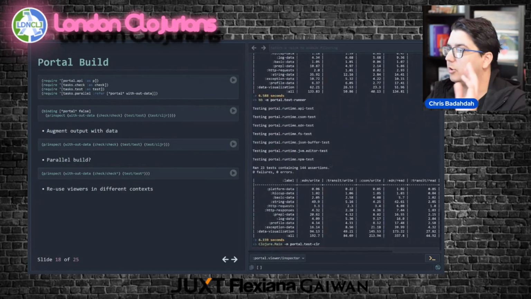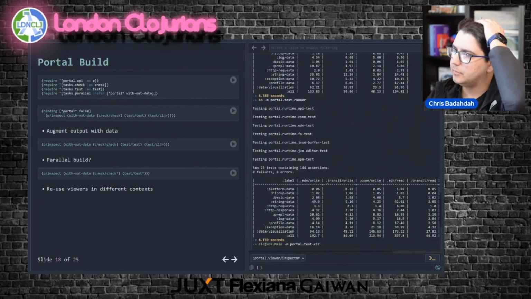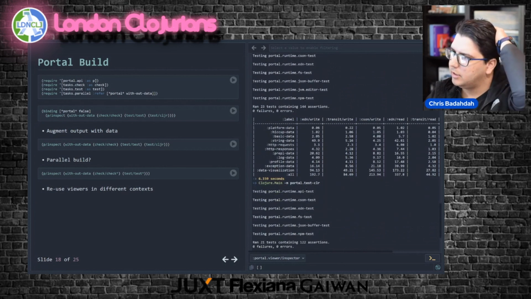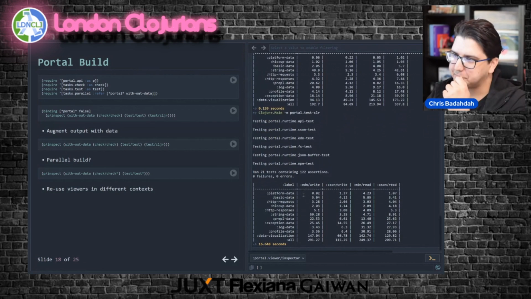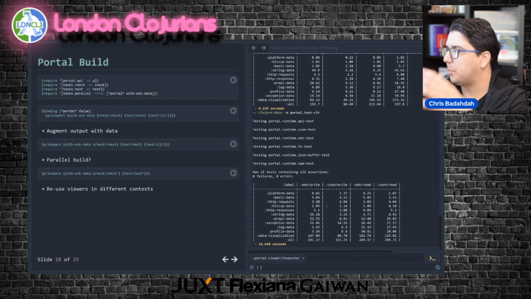So that's what you would see in the, oh, I forgot that I added it to Clojure CLI. It also ran it for Clojure CLI. I don't think that runs on CI by default. Oh yeah, because I did that. But it ran all these things for all these platforms and outputted it.